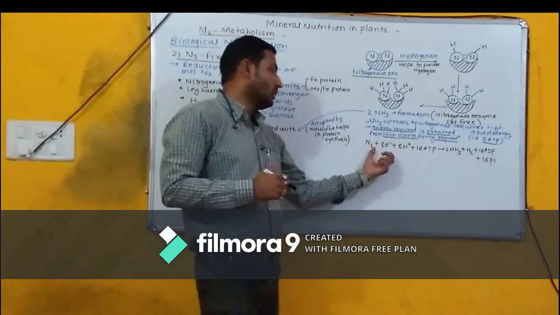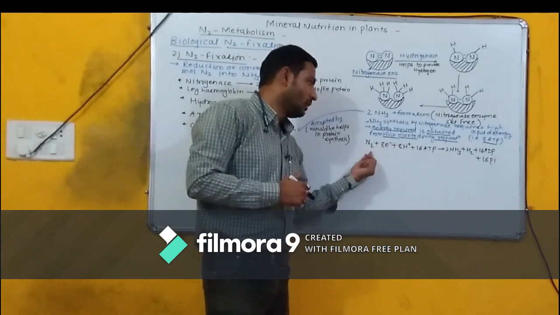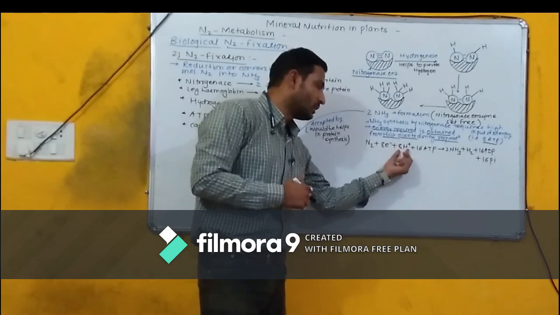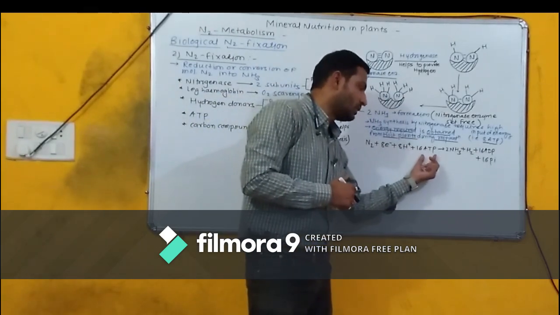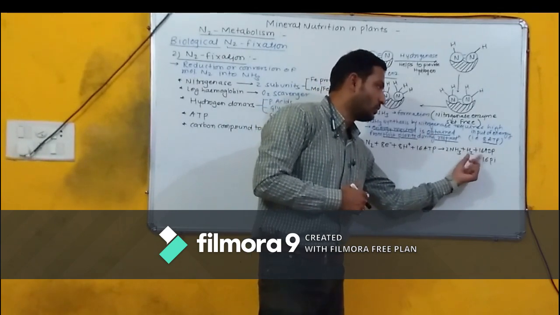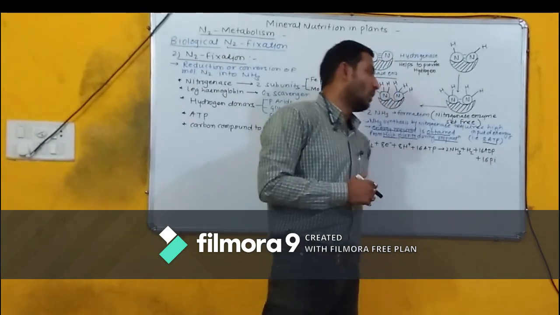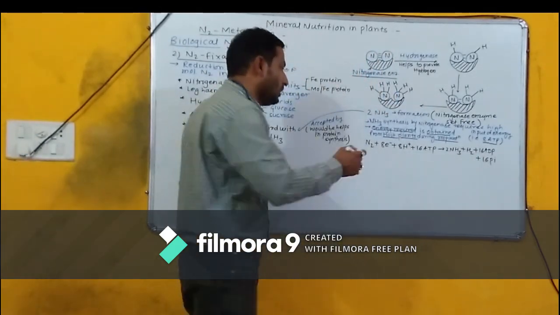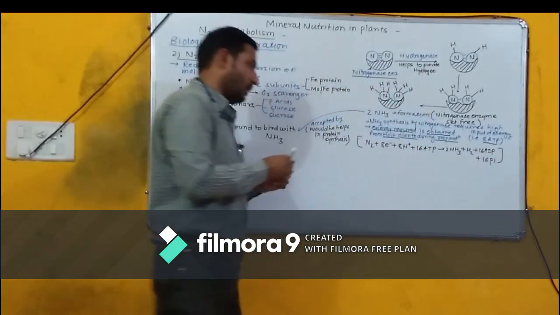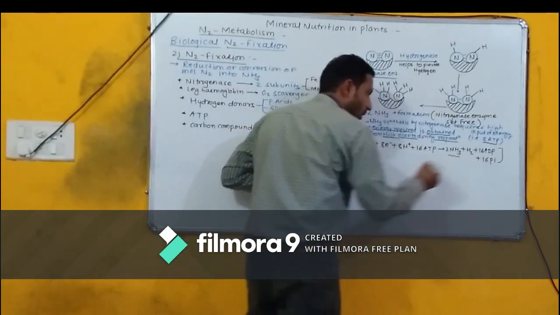Now this whole equation is summarized here: N2 plus 8 electrons plus 8 protons plus 16 ATP gives 2 NH3 plus H2 plus 16 ADP plus 16 inorganic phosphate. This is considered the reduction of atmospheric nitrogen into ammonia. Atmospheric nitrogen converts into